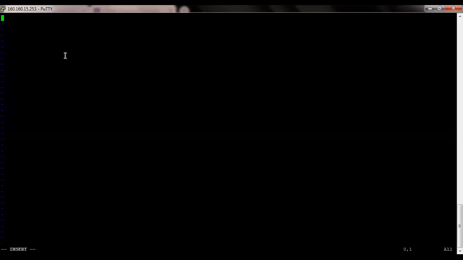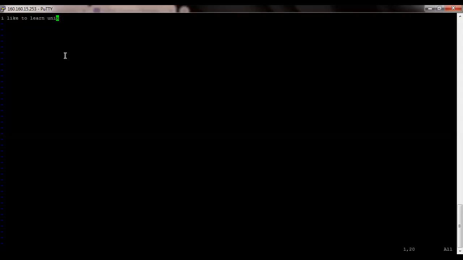So this is how we can create a file with the help of vi. Let us say I like to learn Unix.